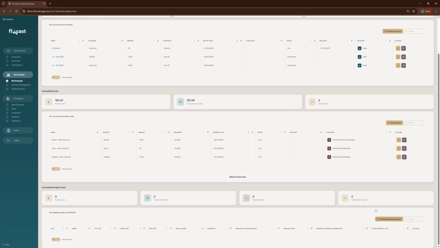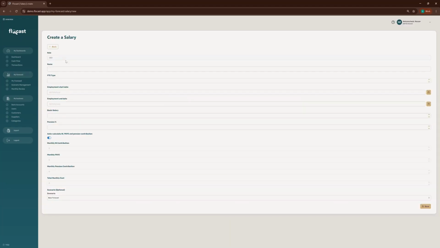So you just go to create employee salary, whatever it is, CEO, put in myself. Again, I'll just put it in at the 1st. End date, there is no end date. Pension, you'll need to put in yourself, whatever your company's pension rate is. And you can see here that it's automatically calculated my NI, PAYE, and my total monthly cost of bringing this person onto the